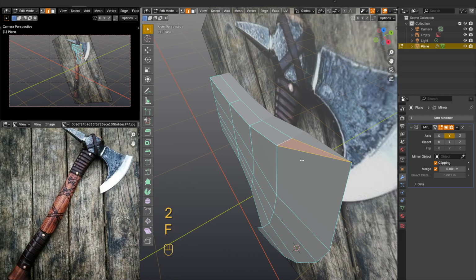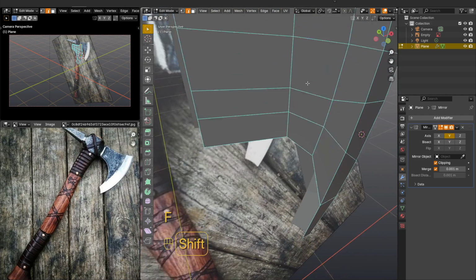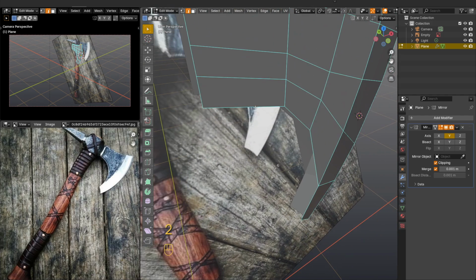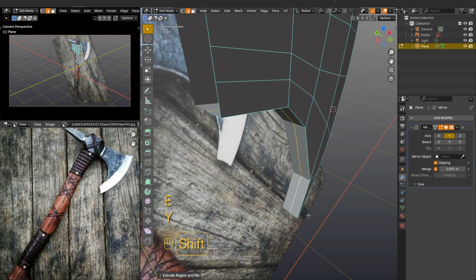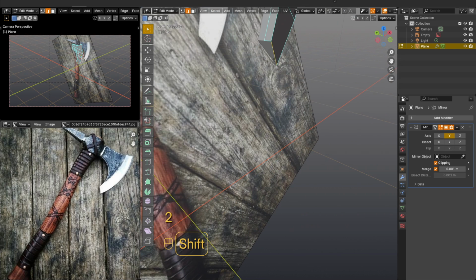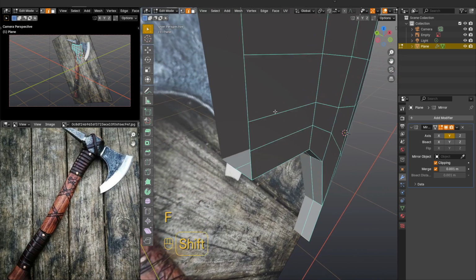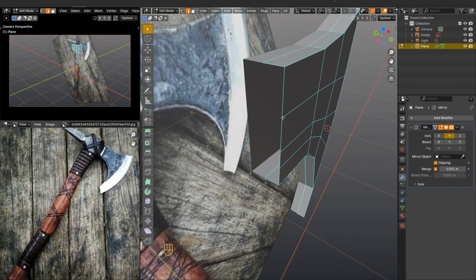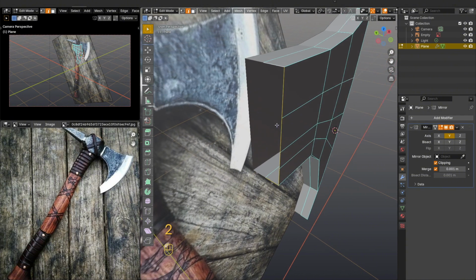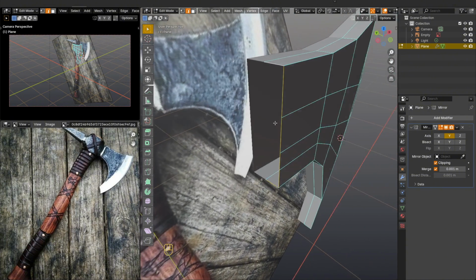After that, press 2 to switch to working with edges, select 2 edges and press F to fill the face. In the lower part, repeat the same operation, but with edges, thus saving a little time on selection. All the time you need to try to optimize your actions in order to save time. And so one of the 3 parts is ready.